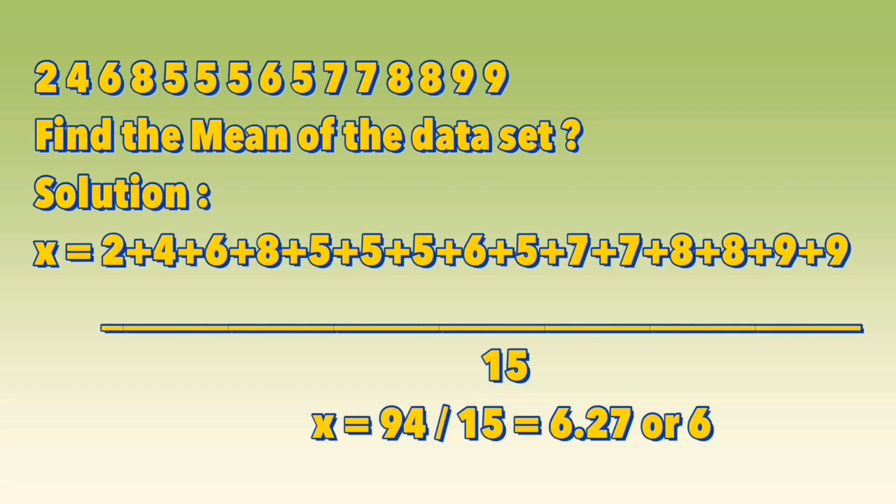Then we're going to divide it, and we get 6.27, or 6 because we're going to round, because we're talking about a certain person. There's no half of a person. That's why we need the whole number. Therefore, this means the average number of absences incurred by a 15 student is